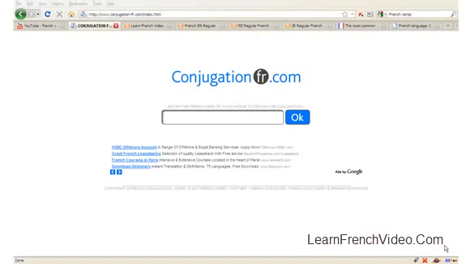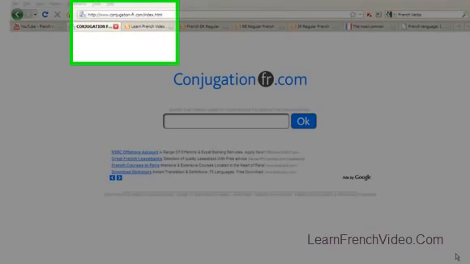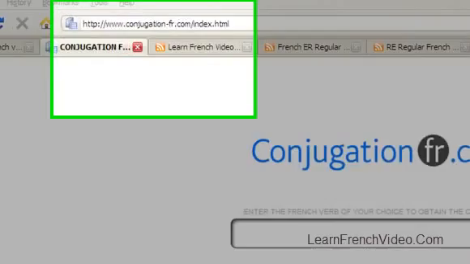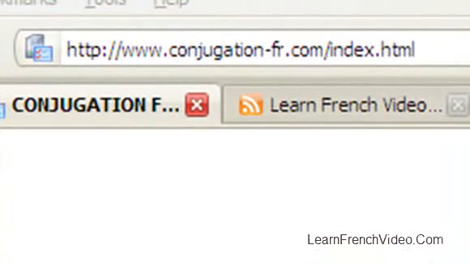Furthermore, in the lesson, you're going to see here that there are some verb tenses which we use all the time and some which we never use. So there are really only a handful of tenses which you use. So this is my favorite website for French verbs. It's called